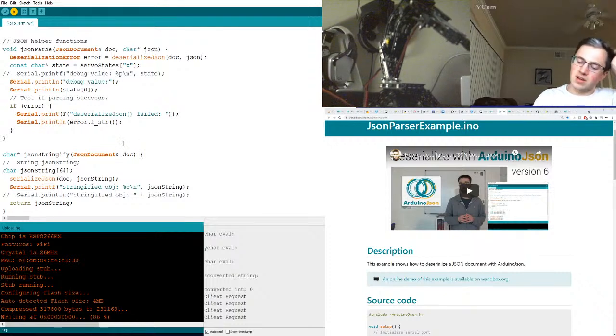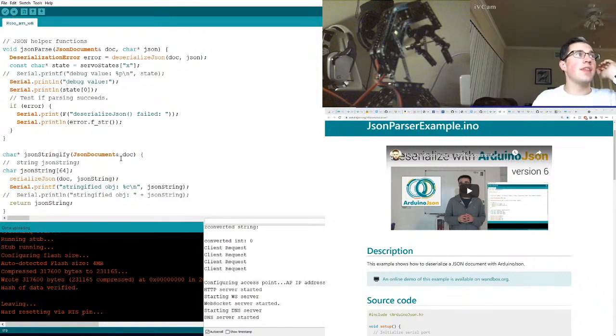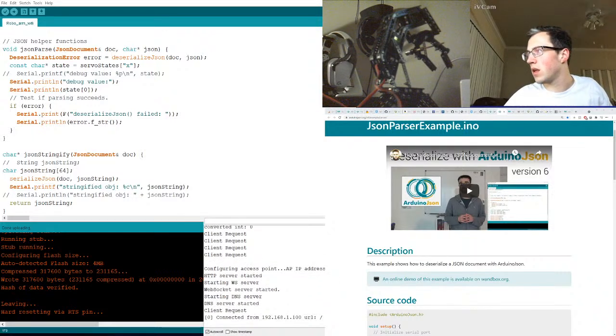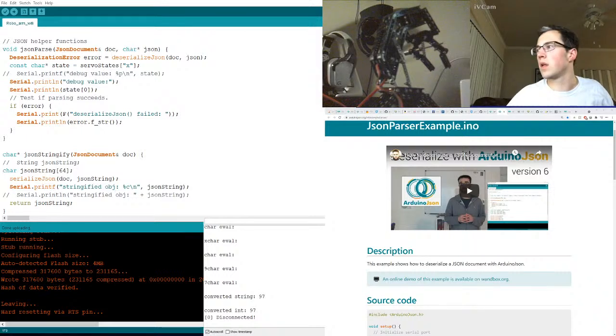Why was I JSON stringifying? Oh, I think... okay, so it reset. I think my idea behind this was to kind of relay the current position so that the client can sync up with the actual positioning of the arm. I think that's overkill. That's taking it and pushing it too far, especially at this point where we're just trying to get it to work. So if we send a value, cool. We should be able to...